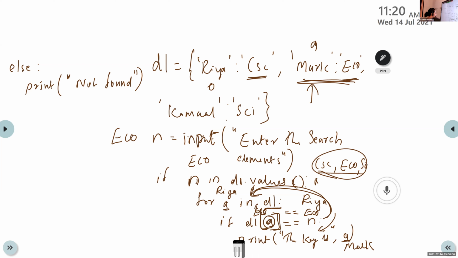If this if condition is false, then only it will go to the else part. If there is no break, it will again move to the for loop, so it will check with the other values also. There is no need of checking all the other values if we got the answer. That's why we are using a break statement here.